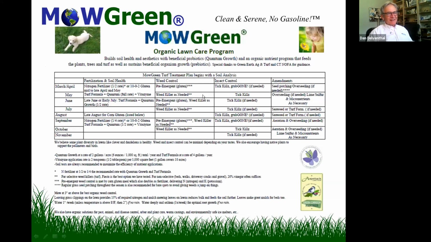This is an eye chart for an organic program trying to consider everything. Some insect control and some weed control, fertilization, soil health, quantum growth, probiotics, kind of the main event in a lot of this. And so we created this with our own input, but it was a lot of inspiration from Green Earth Ag and Turf, our wholesaler. They're amazing, by the way, and Connecticut NOFA. But it can be a little overwhelming. There's a lot of good information here, but